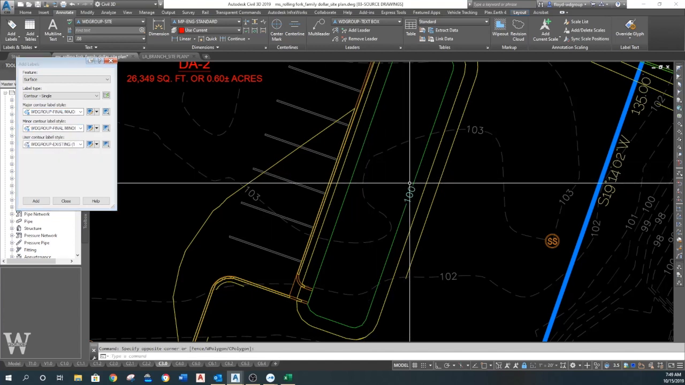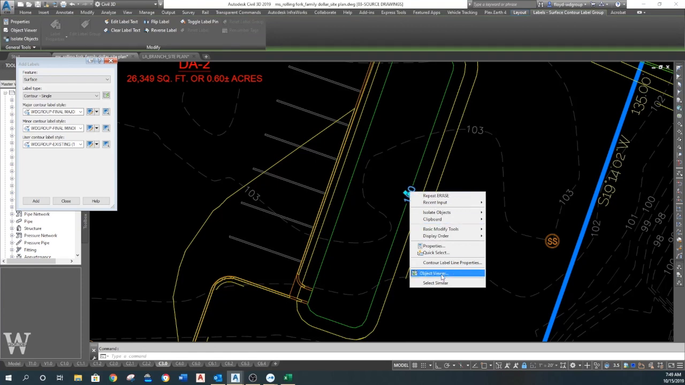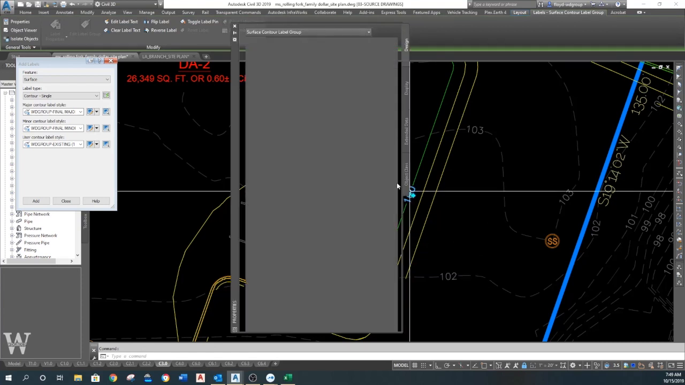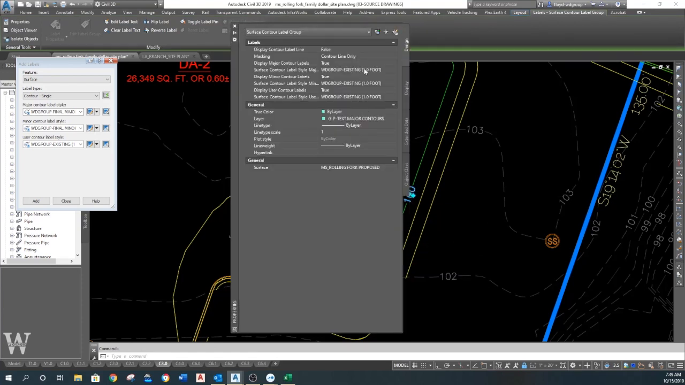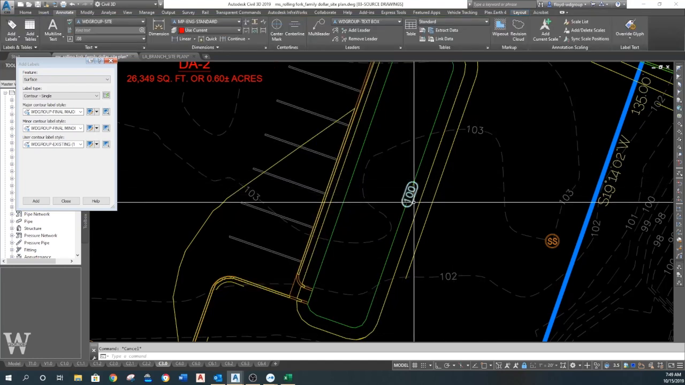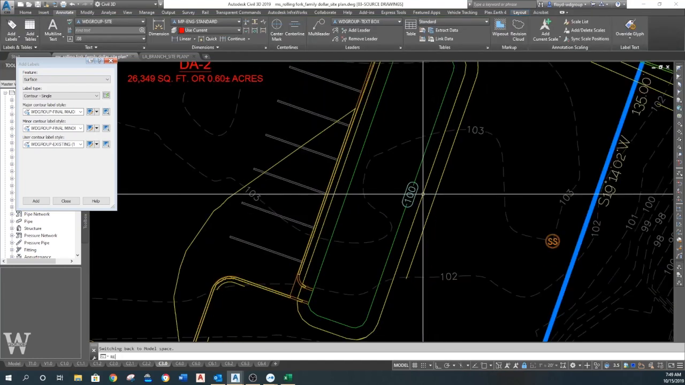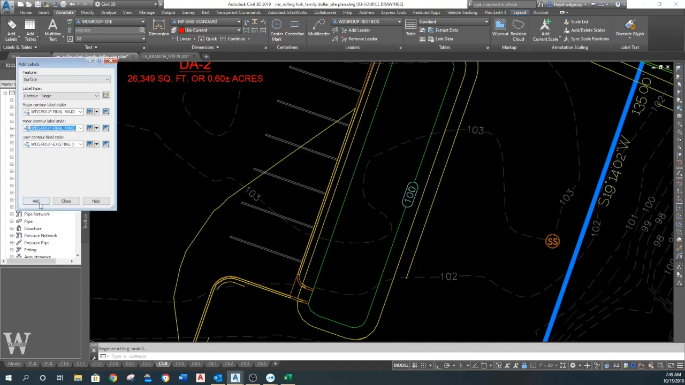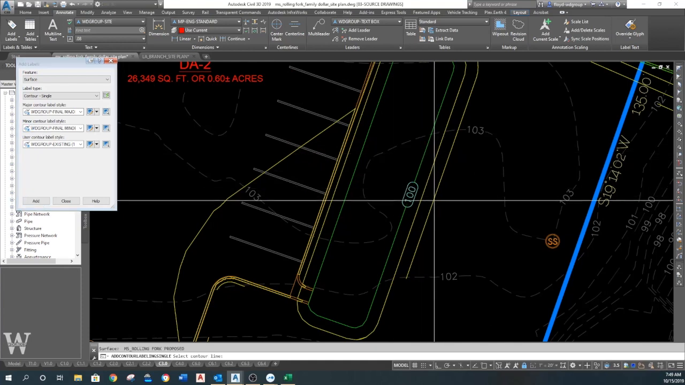Now, so you'll know, you can right click Contour Label Properties, the box pops up, and you can tell it that it's the right one here, and so it'll change it. Or you could have just relabeled it. Okay. Alright, so now we'll label